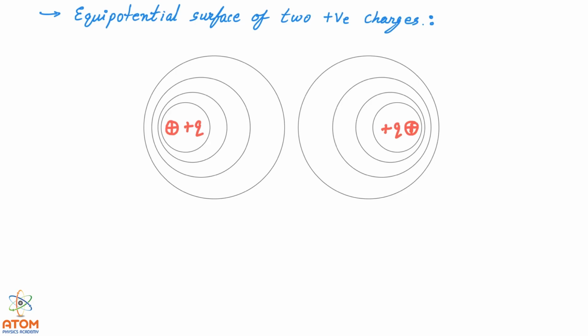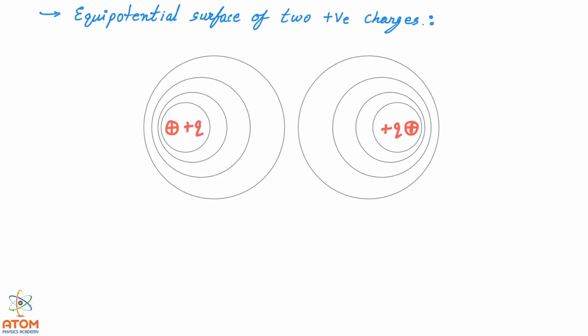One more thing to understand here. See, you can see this is first equipotential surface, second, third, fourth. Now what will happen if we take the fifth equipotential surface as well? Here also this is first, second, third and fourth. Then what will happen if we take the fifth equipotential surface of both the charges? They will not cross each other.